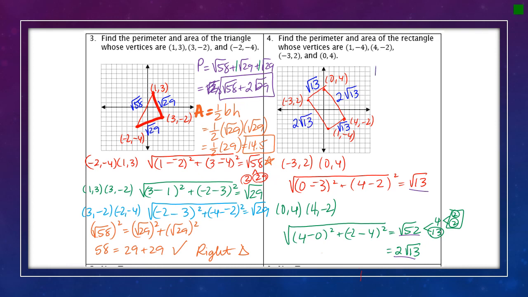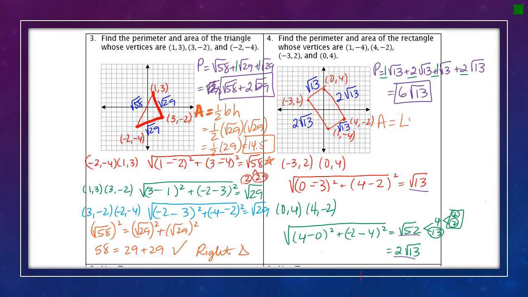All right, for perimeter, I'm adding up all four sides, so the square root of 13 plus 2 square root 13 plus the square root of 13 plus 2 square root 13. So again, what I'm really doing is adding up how many square root of 13s do I have? So we're looking at all the numbers in front. 1 plus 2 plus 1 plus 2 would give you a grand total of 6 square root of 13s. For the area,